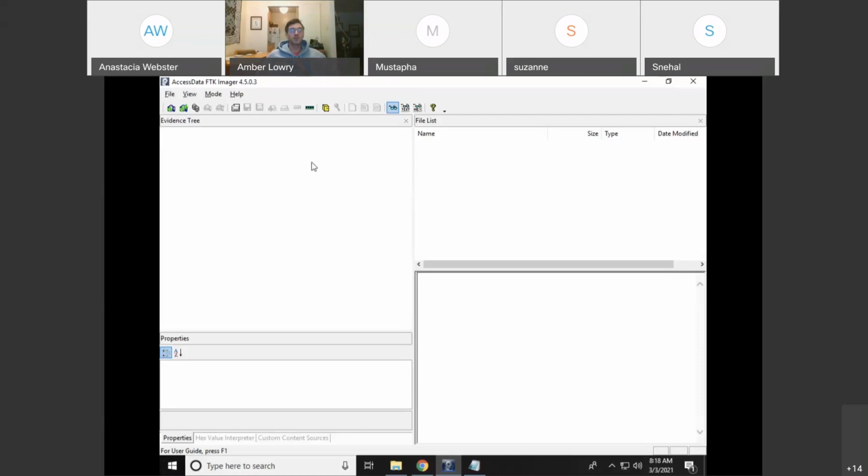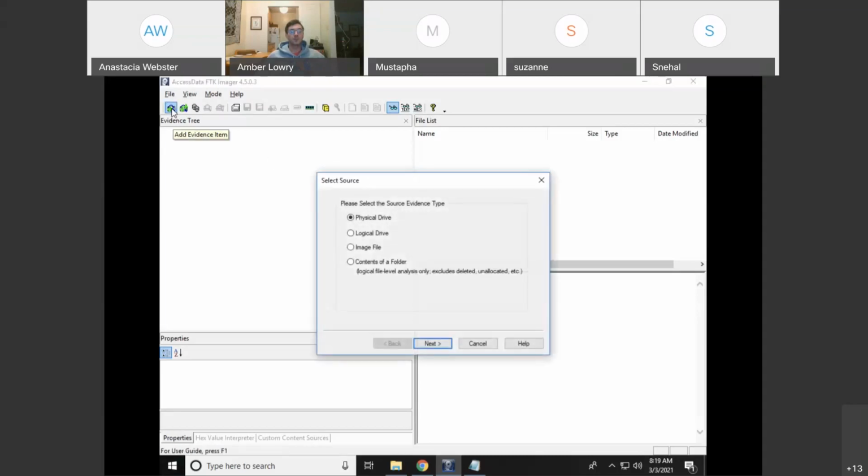I'm not going to go too much into the environment of FTK, because we could spend a whole class section going over each one of these aspects of FTK Imager. But I wanted to get into how do we go about using FTK Imager? How do we go about adding evidence items? I will post a link to Access Data. They have a really good YouTube channel where they actually go over every aspect of the FTK